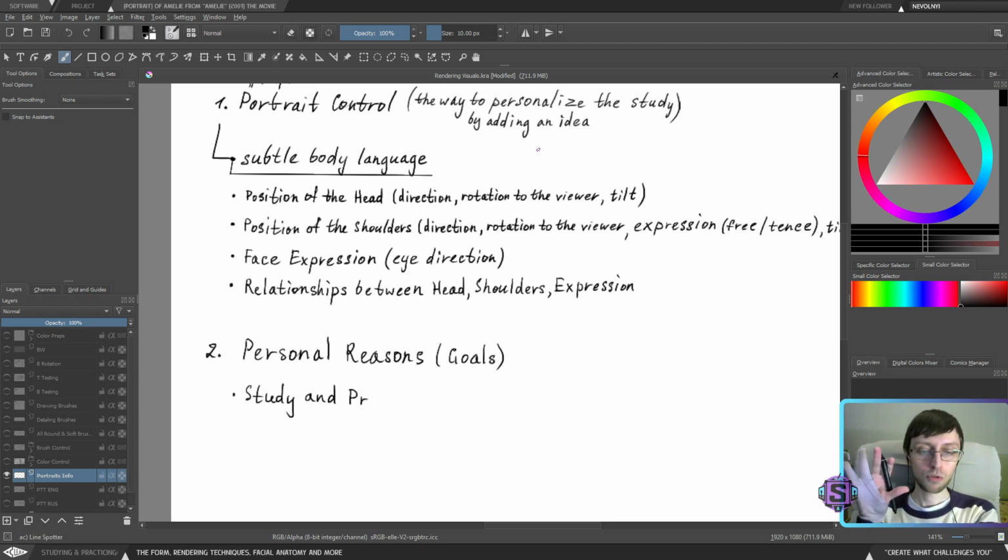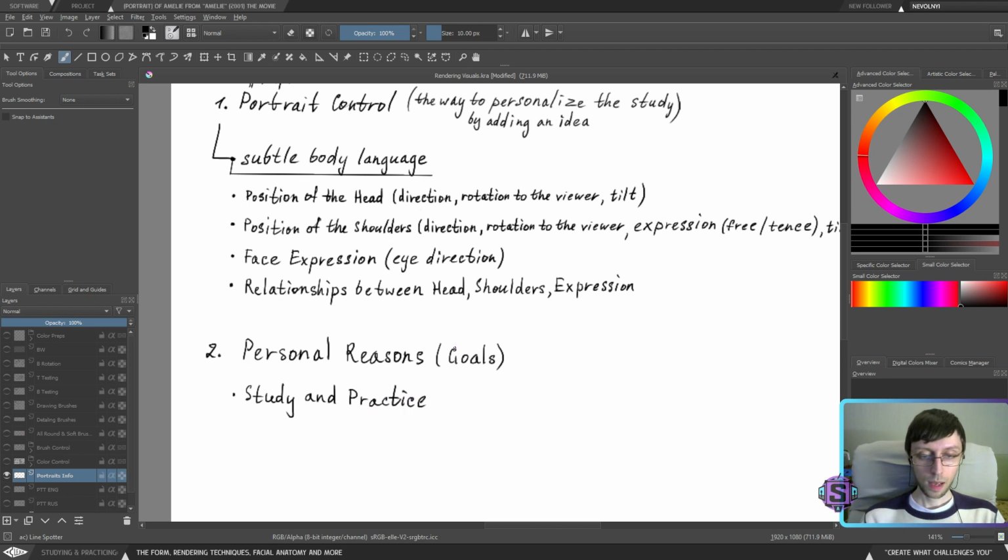I'm going to try to create this portrait with a different expression, a different camera angle, I don't know, a different rotation of the head. So I'm not just going to take already existing portraits and draw from them. I'm going to take inspiration from them and try to come up with my own personal way of doing it. That way, I'm not just going to study it, I'm going to practice it too.